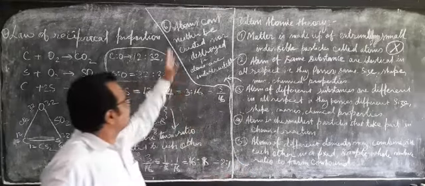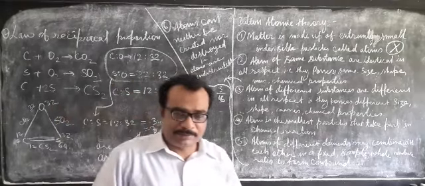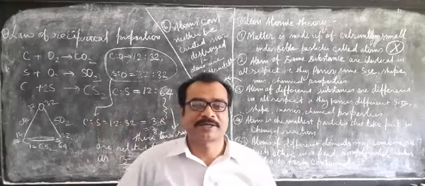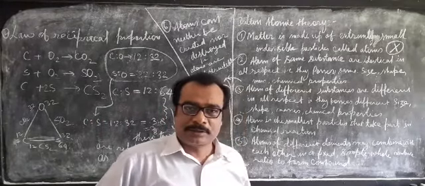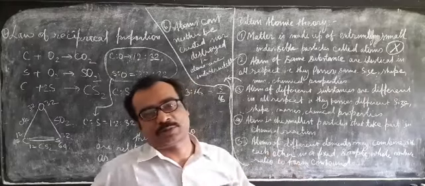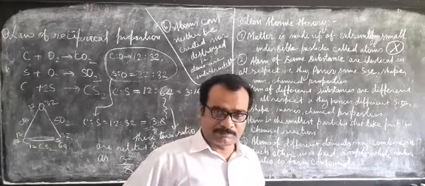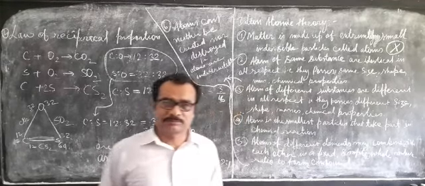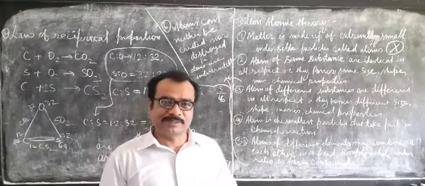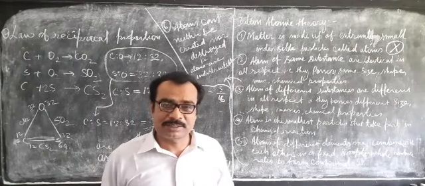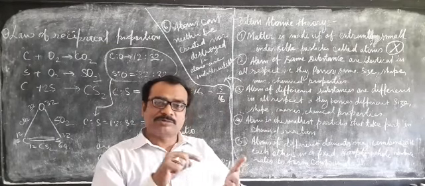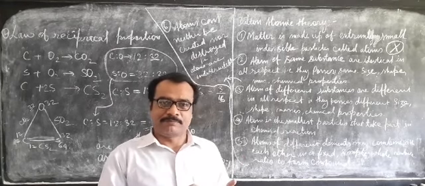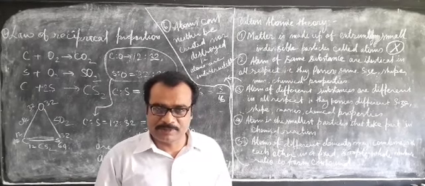Now how to confirm that this is correct even today? Yesterday we discussed the law of conservation of mass. According to the law of conservation of mass, what happens? The mass of reactants is equal to the mass of products. That means mass remains constant during the entire process of chemical reaction. So how does mass remain constant? If the mass remains constant, that means atoms remain constant. What does it mean? Mass is associated with atoms. And mass never gets changed during the chemical process.